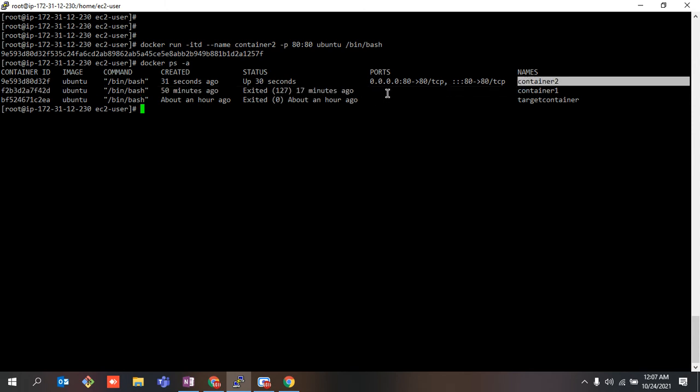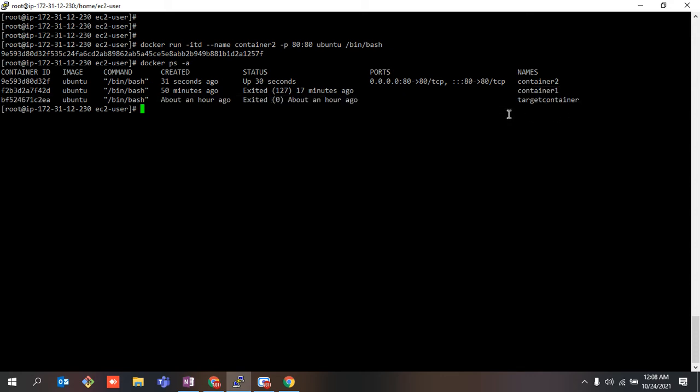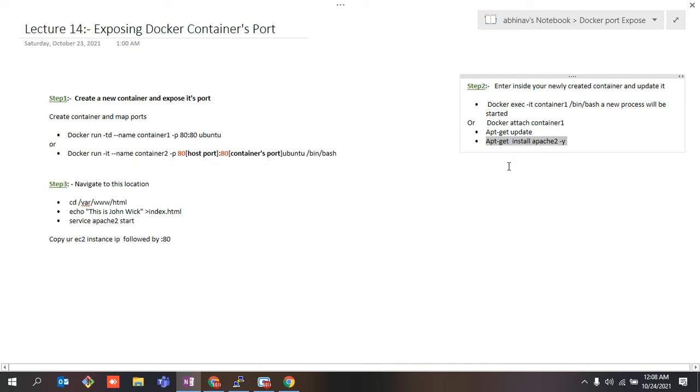And see, on my previous containers, I did not expose any ports, right? So if my application had been running on these containers, it would not have been working. If you go and refresh the page with the IP of the EC2 instance, it will not work. But in this case, it will work, and I'll quickly demo how it works, right? I hope you guys know what this means. If not, I'll create a separate lecture on that.